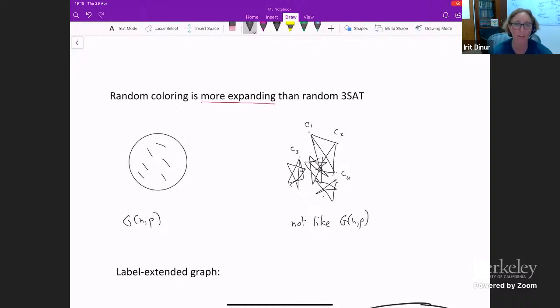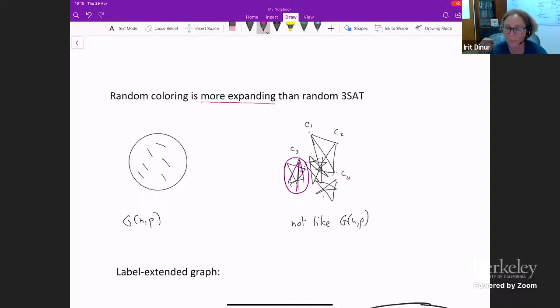So if I look at the no instance, the graph that wasn't planted, then G(n,p) is really just an expander, whereas the graph that comes out of the random 3-SAT is not as good an expander as you would think, because it's made out of many cliques that you can think of as randomly placed. Each such clique is a set of vertices that in some sense expands, but it doesn't expand as much as possible because many of the edges stay inside the clique. So it's like a mediocre expander. It's not an excellent expander, it's a mediocre expander.